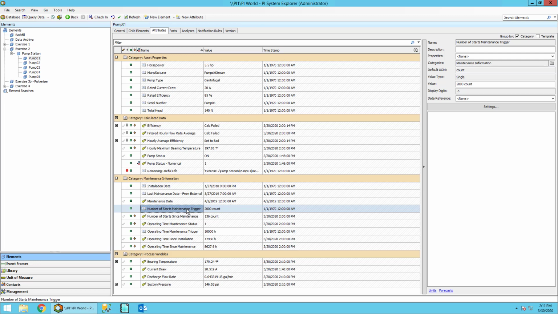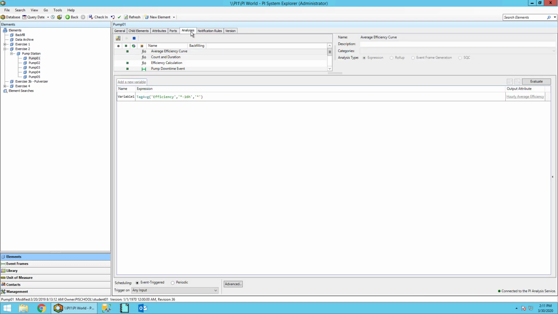Now let's go ahead and look at how these were calculated. In the main window, go ahead and move to the Analysis tab, and then find the Usage-Based Calculations Analysis, and review the calculations done here.